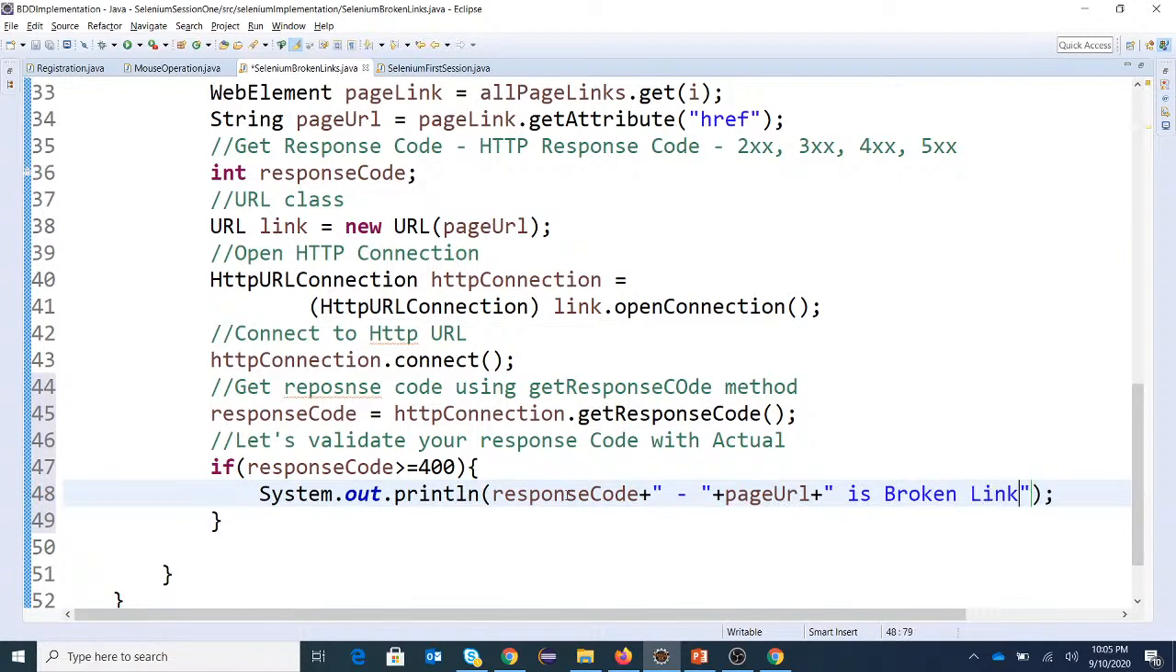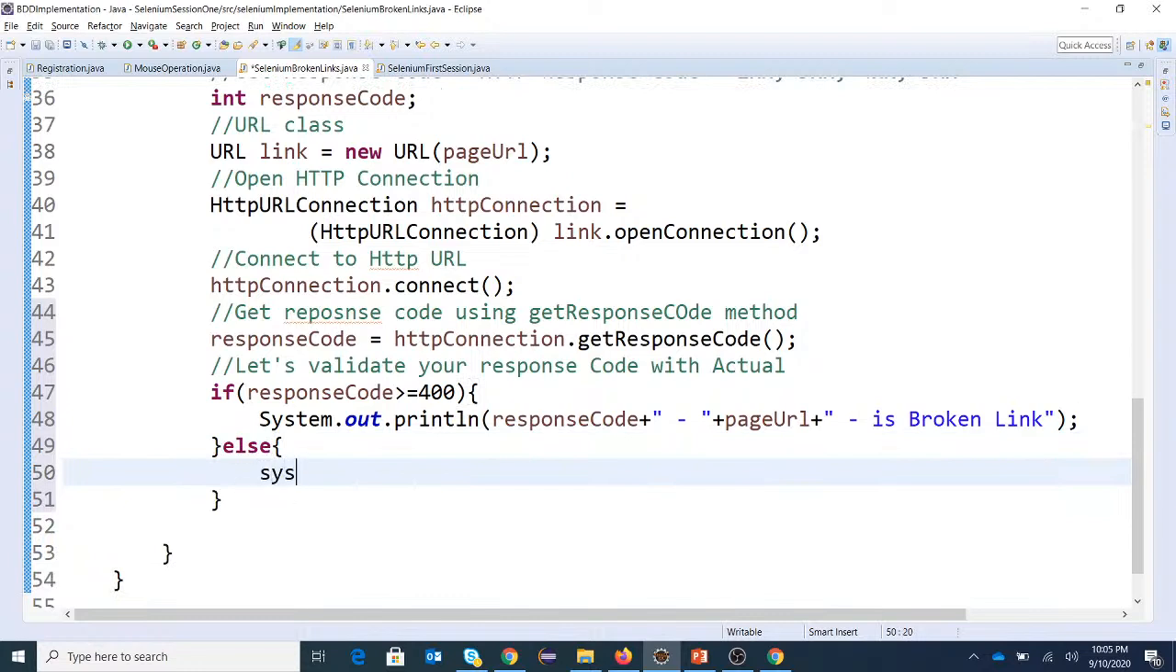Okay, so I said this is a response code, and I said my page URL is a broken link. I can write it this way, my page URL is a broken link, or to be clearer, this is my broken links. But if it works, then we'll simply write my response code,